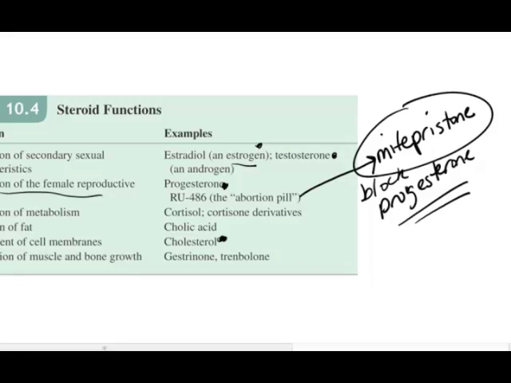Okay, and so then the fertilized egg does not have a good environment to be in, and it causes that to be aborted. So anyway, just so you know, it is not progesterone. It's something that has been synthetically designed to bind at the place where progesterone should bind. Okay,